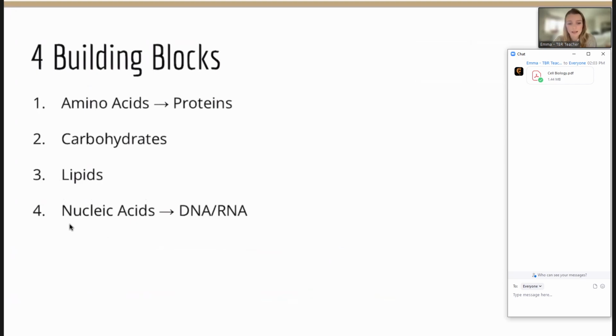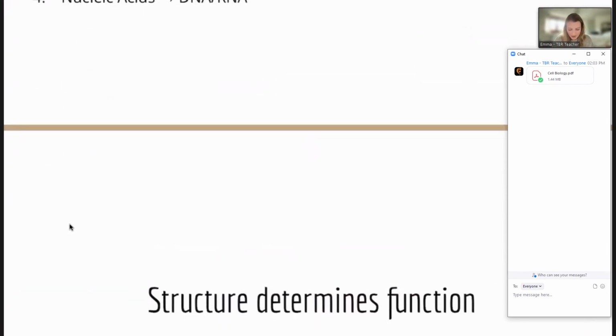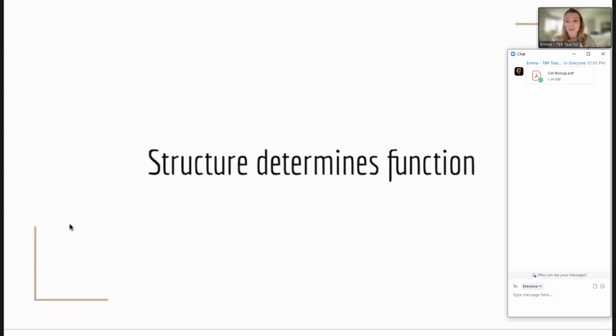I think the biggest message that I definitely put emphasis on last week is that structure determines function. We're going to talk a lot about the plasma membrane today. The structure of the plasma membrane determines its function. The structure of different signal proteins determines the function of the signal protein. And so with all of these things, we continually come back to thinking about what is the structure of this molecule, cell, or organelle, and what is its function, and how can I understand those?